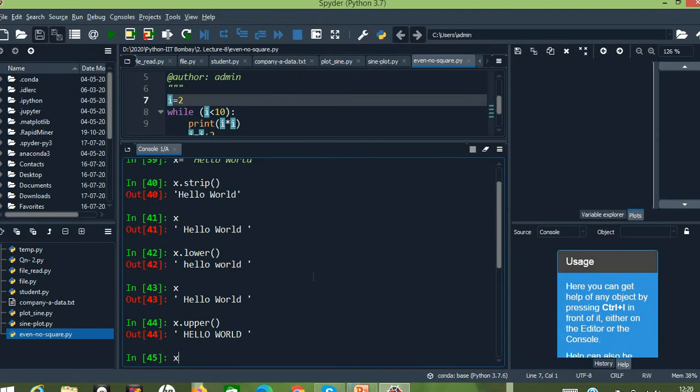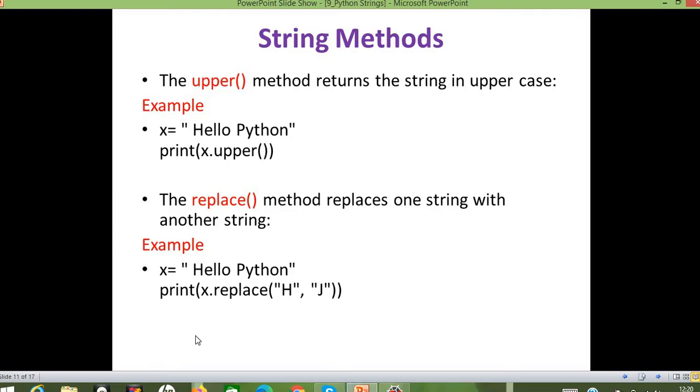We have a variable x, and now let me do x dot replace of, let us replace the character h with another character j, right? So we can see that the character h has been replaced.